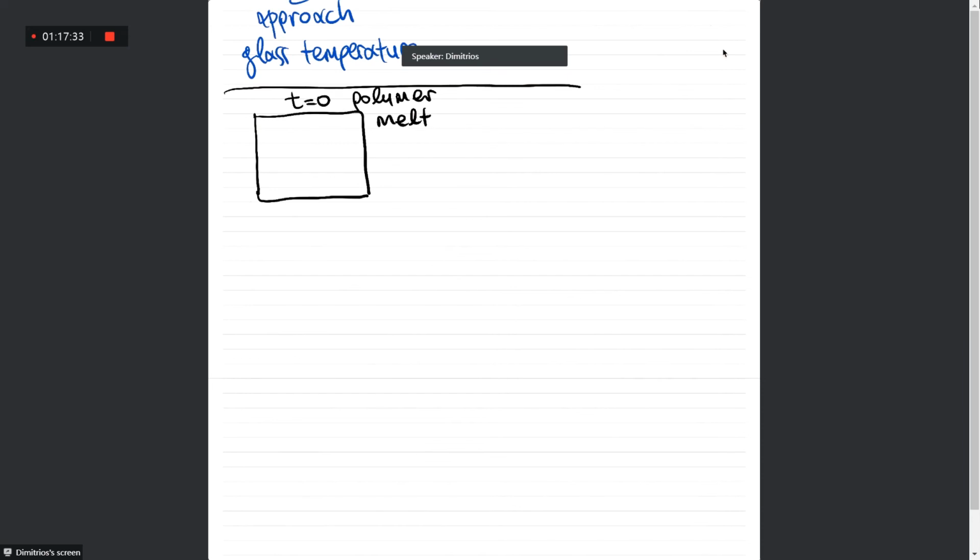Our polymer is in a liquid state, okay? Then, by cooling the polymer down, we create these tiny nuclei, okay? So nucleation takes place, and because